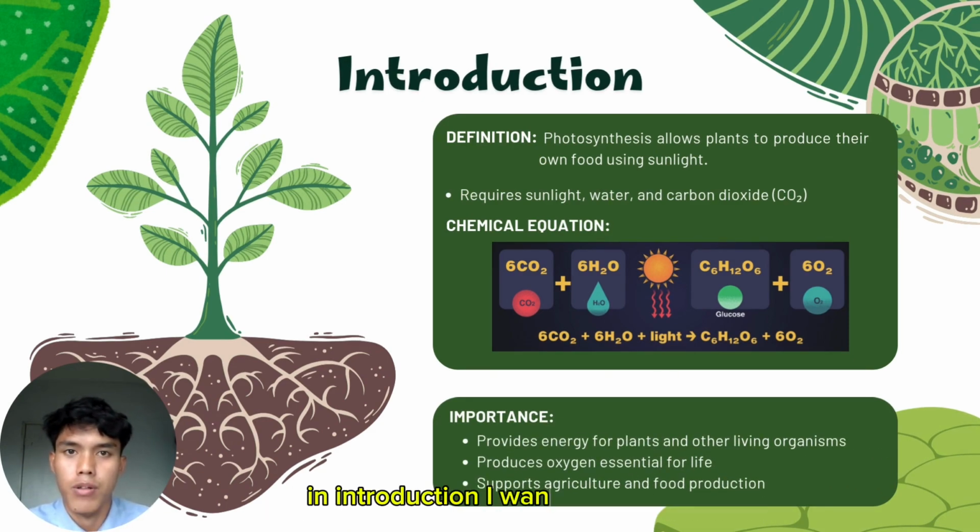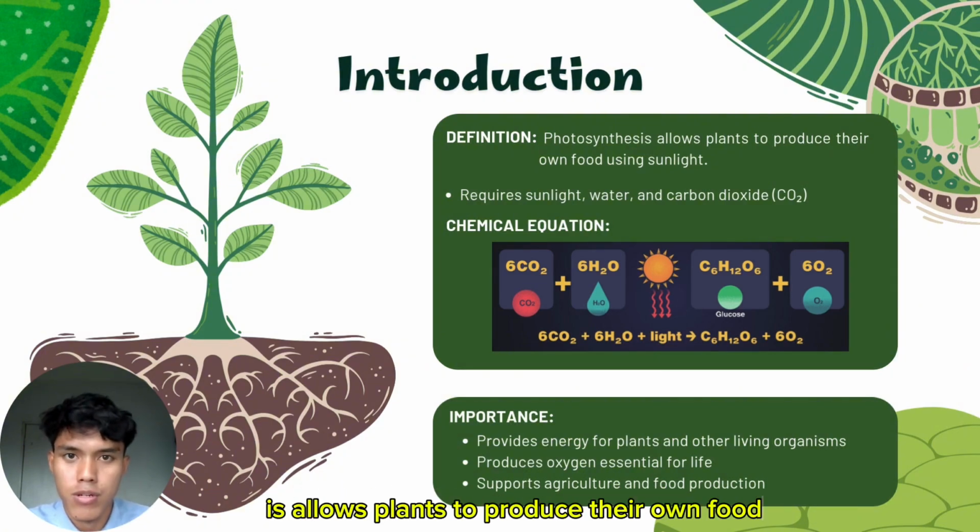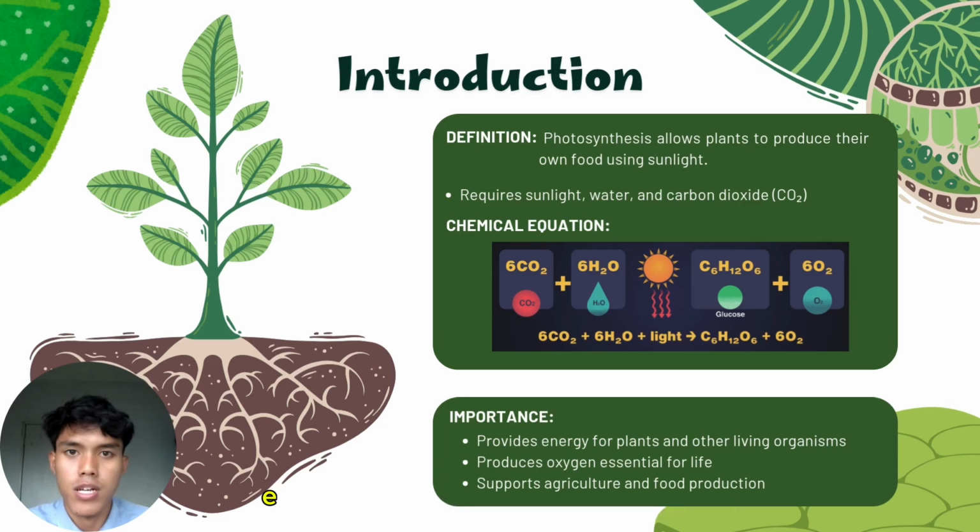In the introduction, I want to talk about photosynthesis, which allows plants to produce their own food using sunlight. This amazing process enables plants to convert energy from the sun into chemical energy that they can use to grow and survive. In addition to sunlight, photosynthesis requires water and carbon dioxide, which plants absorb from the soil and the air. Using these raw materials, plants can produce glucose, which is their food, and oxygen, which they release into the environment. The chemical equation for photosynthesis is 6CO2 plus 6H2O plus light,